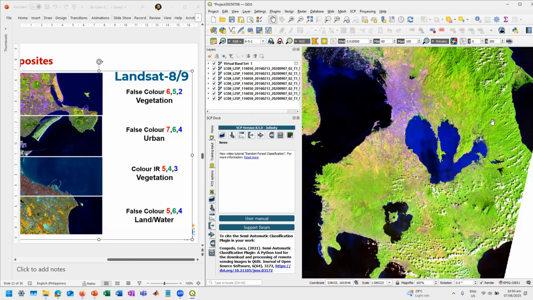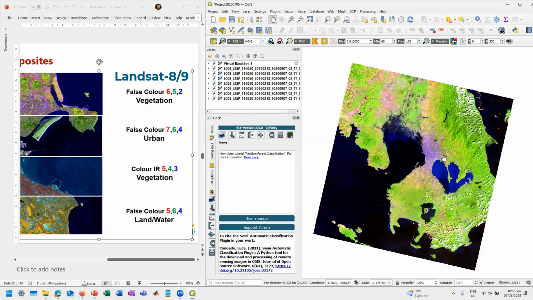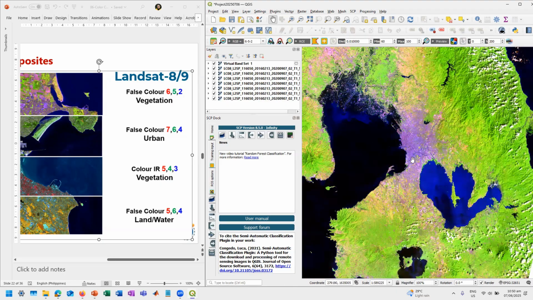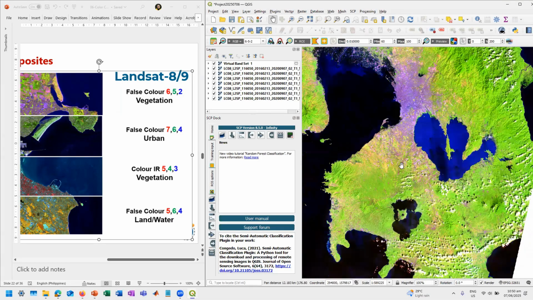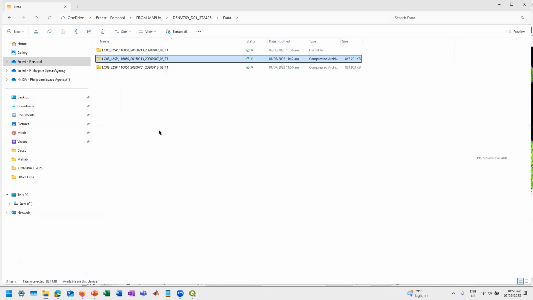You can see the contrast. So very urbanized area here. So again, the color composites are different depending on your application.